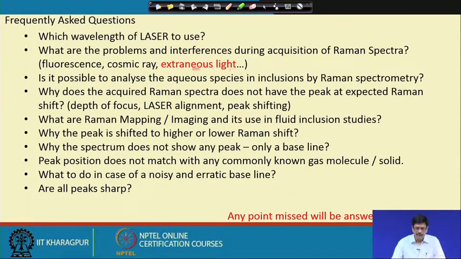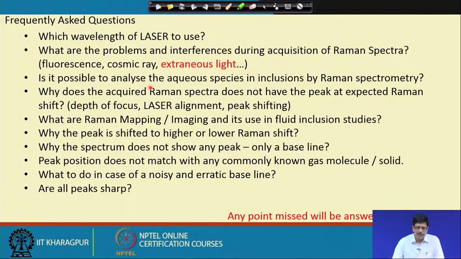And sometimes, because of ignorance, if we have a lot of light, that is the reason why Raman spectroscopy is carried out either in an enclosed space without any outside light, or essentially in a dark room. If you have extraneous light coming in, it will interfere, because the kind of detectors used here are so sensitive that any amount of extra light will saturate the detector and the signal will be lost.